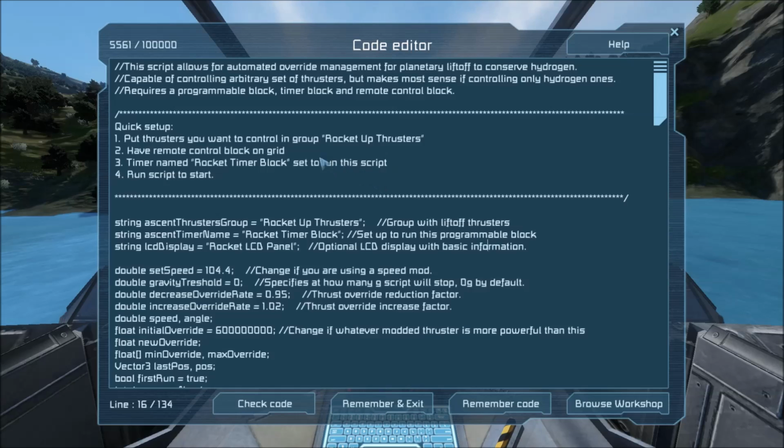So again, the most important thing is you follow the instructions, but for the sake of this tutorial, I'm going to show you how to simply get it working based on what we've got. The first instruction is to put the thrusters you want in a control group called Rocket Up Thrusters. Fortunately, we've already got a group set up for the forward thrusters, so we're going to change this string here to match the group name we've set for our forward thrusters, and that is